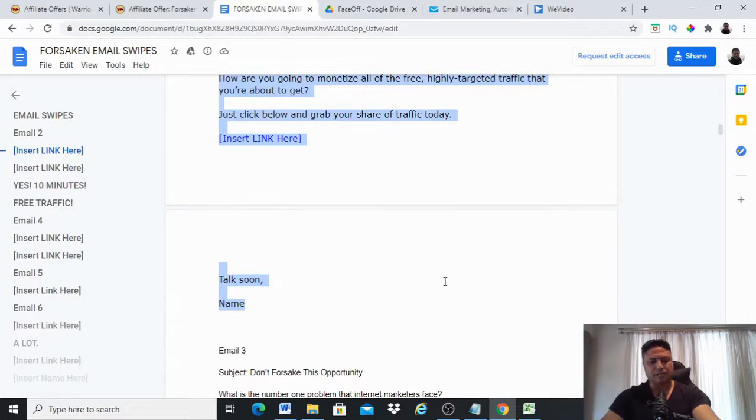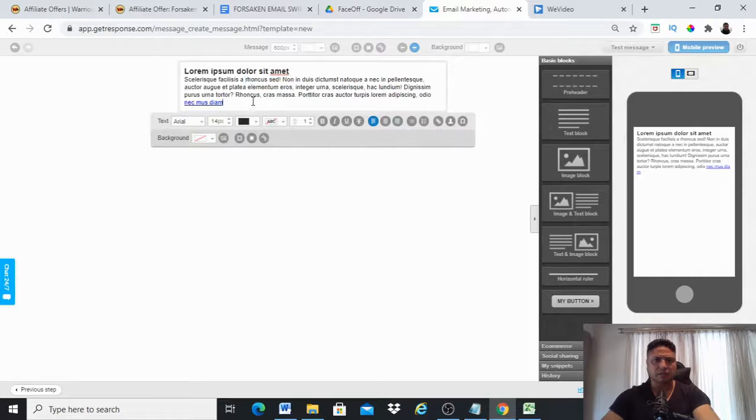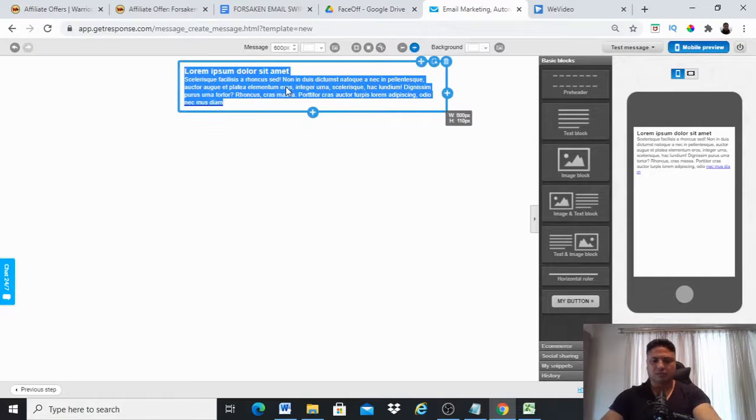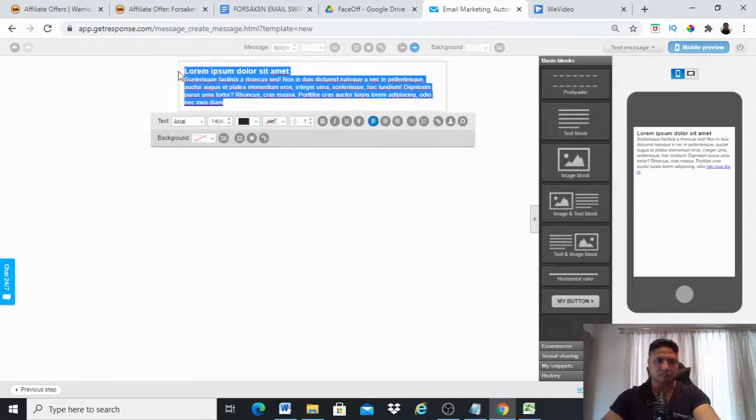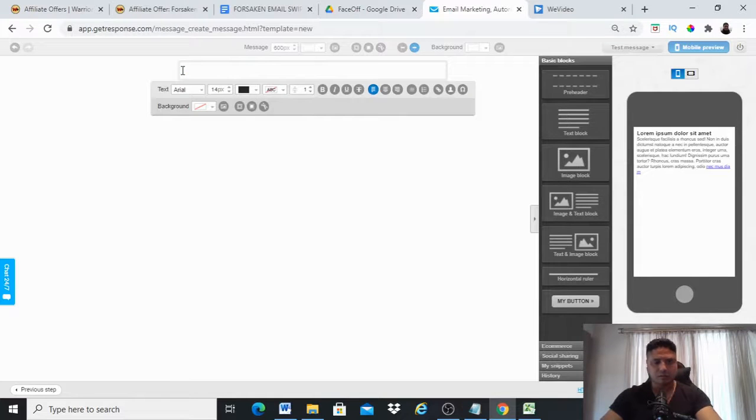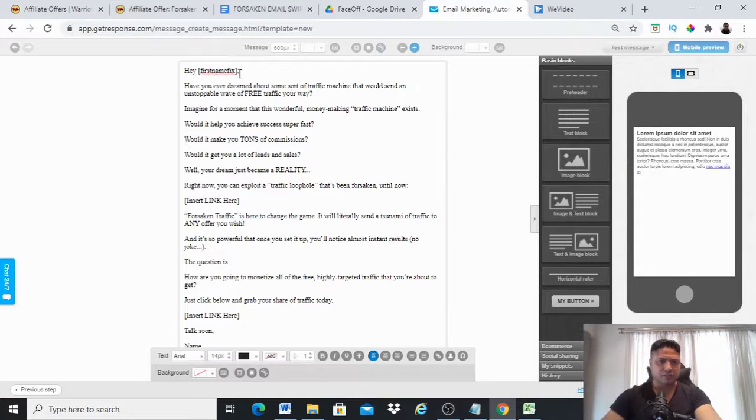Copy that, Control C. Take it to GetResponse. Delete. Control V. Change this to double square brackets, name, double square brackets. That's personalizing it. So now you're going to have all this. Here they say again, insert your link here. So I'm going to say